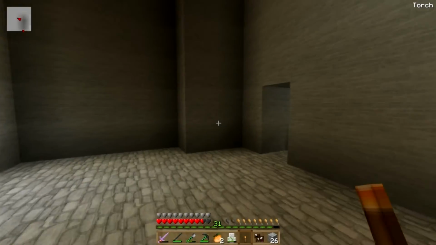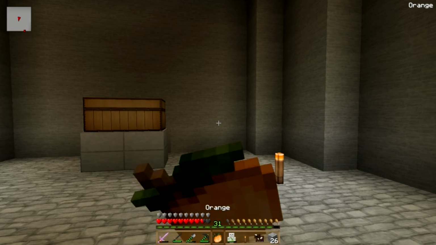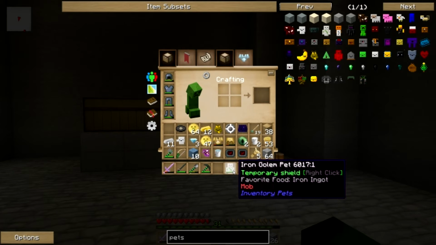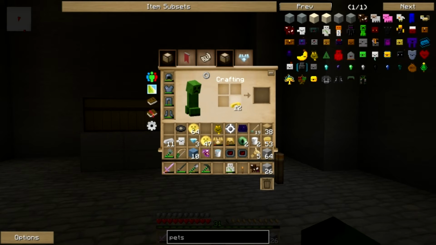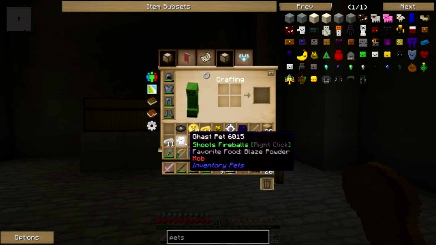And what made that really work out well? Inventory pets. So I picked one up. I built this one, which was a cow pet, and it removes negative potion effects. So that makes it so I can't get poisoned, which is really nice. This one can give you a shield. This one can shoot fireballs when you right-click. And this one is bonus drops for mobs and mining. Oh, that's going to be so good. But he likes gold nuggets. So we're going to have to make sure he has some gold nuggets. What is the gas like? Blaze powder. We don't have any of that, so...